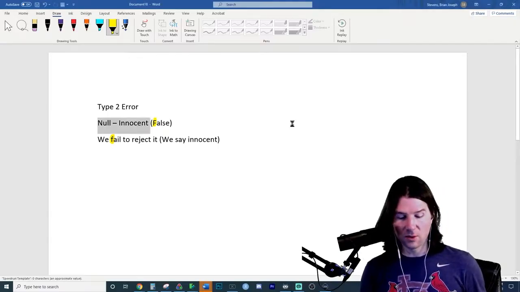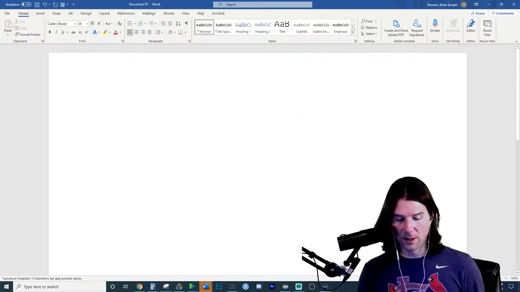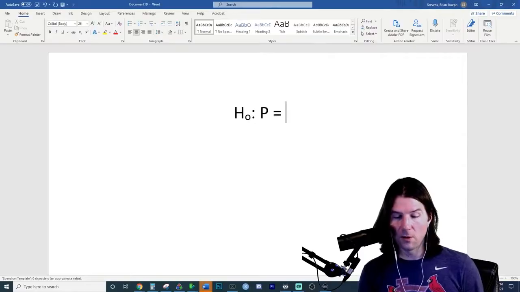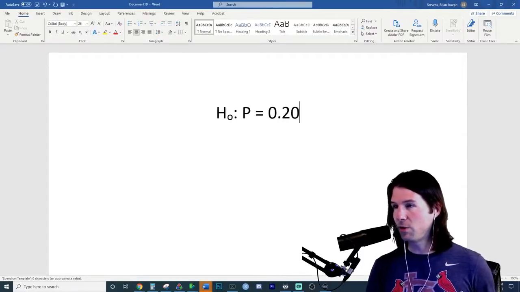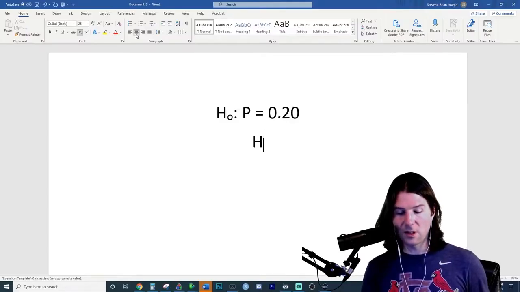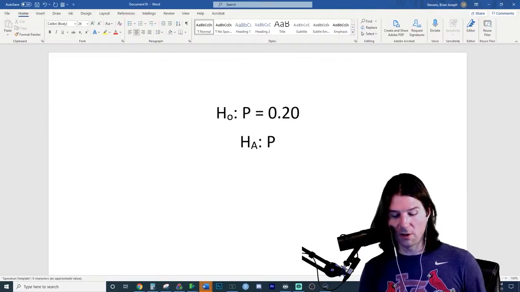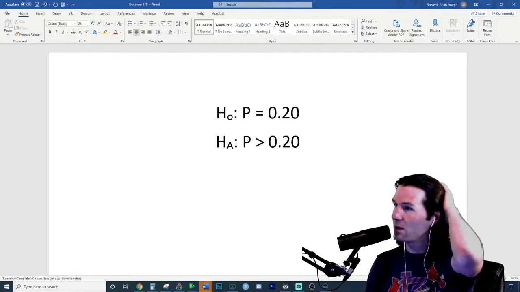Let's do a few more examples right here and see if we understand how to do this. Let's do some classic stuff where the null hypothesis is that a company believes that the true proportion of their customers who use their online checkout services is equal to 20%, and they want to see if they should invest more, so they're looking for evidence that the true proportion of customers who use their online web portal is greater than 20%.